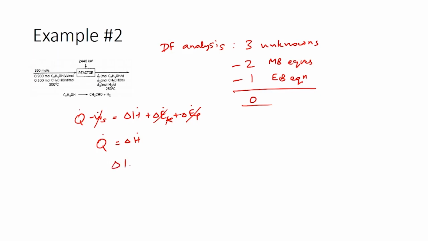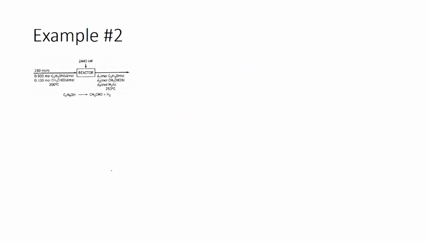So, your delta H dot will simplify to 2440 kilowatts. Now we need to find the equation which would represent delta H dot. For that we would have to build the enthalpy table. So, let us identify the reference state which we want to use. Here I have used the elements as the reference state so that I can use the heat of formation method. The reference state would be carbon solid, hydrogen gas and oxygen gas